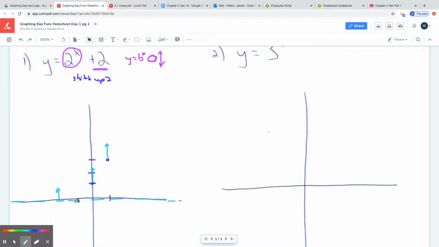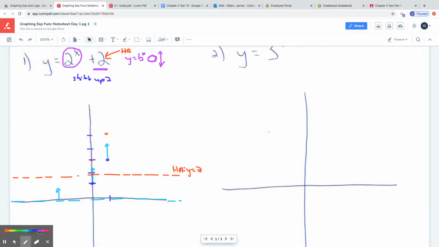The horizontal asymptote was at y equals 0. Now it's going to be at y equals 2. So a horizontal asymptote is y equals 2. For these, whatever this number is here is going to end up being our horizontal asymptote. We were at 0, 1. Now if I shift it up 2, I'm at 0, 3. If I was at 1, 2, and I moved it up 2, I am now going to be at